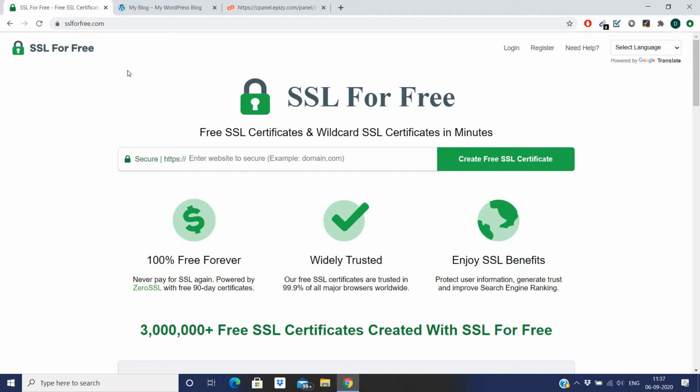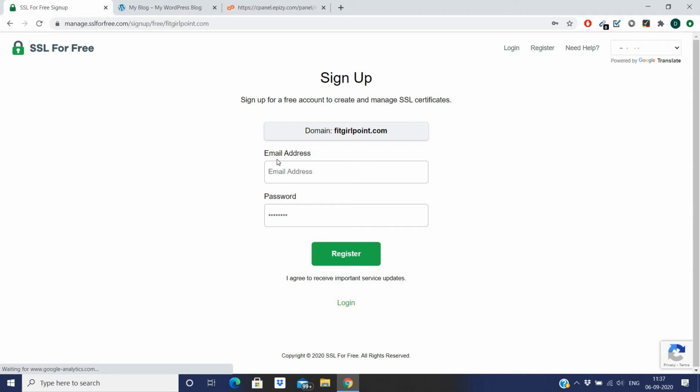The first step you need to do is visit the SSL for Free website, sslforfree.com, and here you can see this box where you need to enter your domain name. So I am entering my domain name, fitgalpoint.com, and after you enter the domain name, hit the create free SSL certificate button, and then it will ask you to register a new account. So give your email address and password,